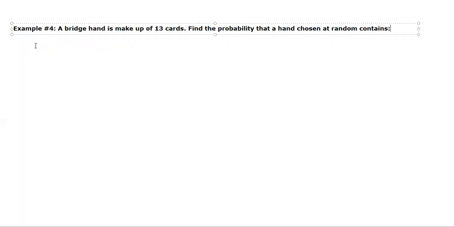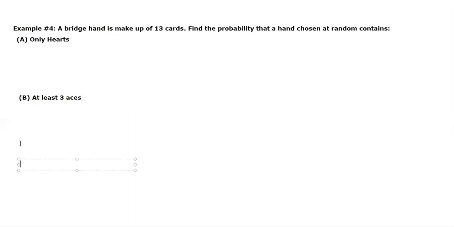Okay, so part A, only hearts. What is the probability? Then part B, at least 3 aces. Okay. Probability C,